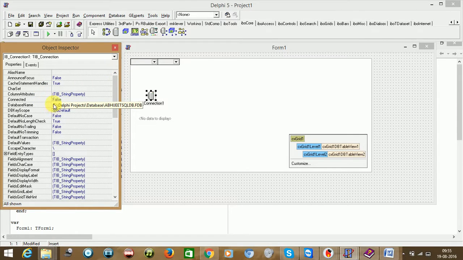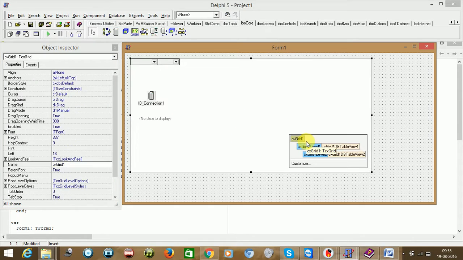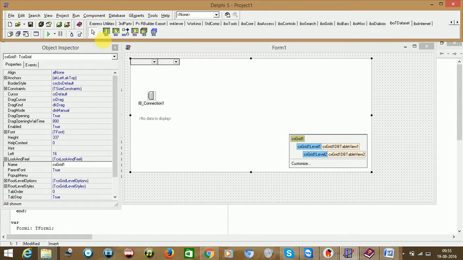See, again by default what happens is sometimes a colon comes, so you may face an error. Click here and say true. Yes, done. Now since we have two different views, we would be taking two different datasets here.